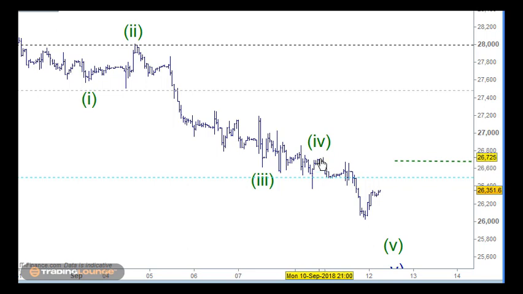So that still leaves me 1 and 2 and 3 here, but this wave 4 is coming up a little bit high here now, and it's also looking impulsive. So yeah, anyway, to be long we need 26,500 as a nice support here. Okay, so that's not there yet.